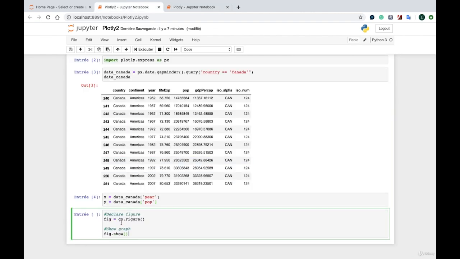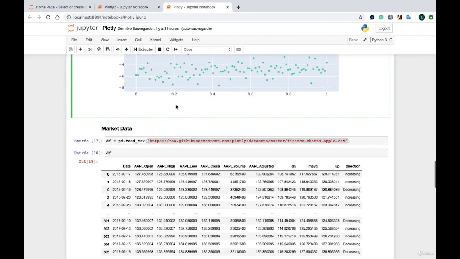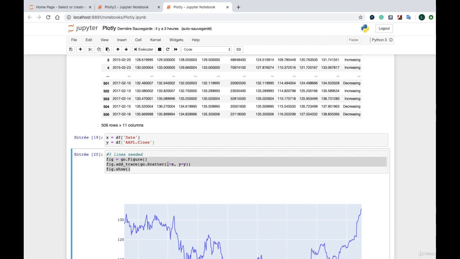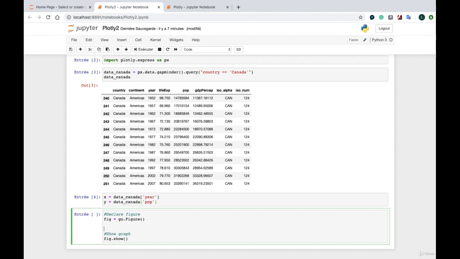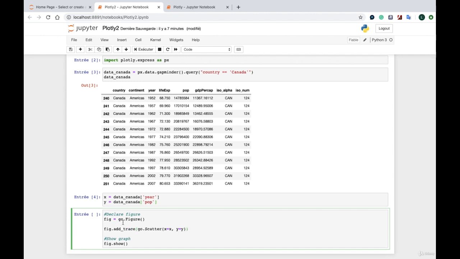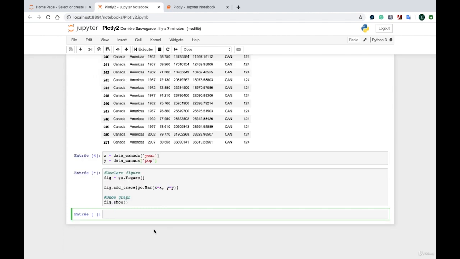We paste that, and the second line was go.Scatter, but in this case we're just going to change the type of graph that we want. We're going to ask Plotly to plot a bar chart, go.Bar, x equal x, y equal y. And if we execute,